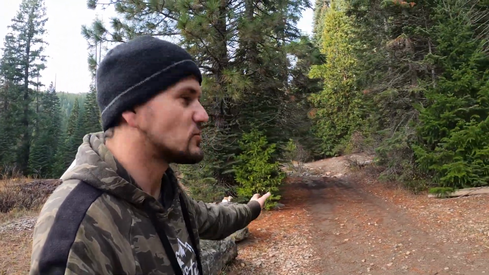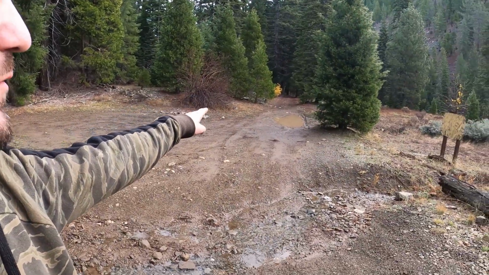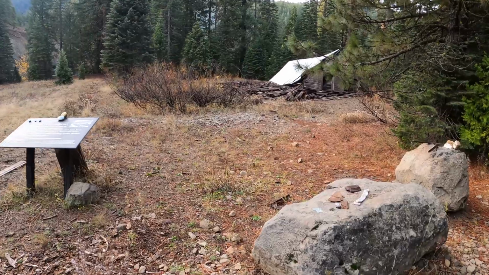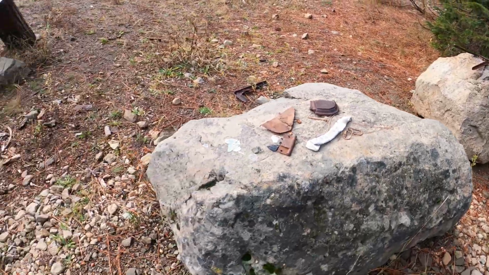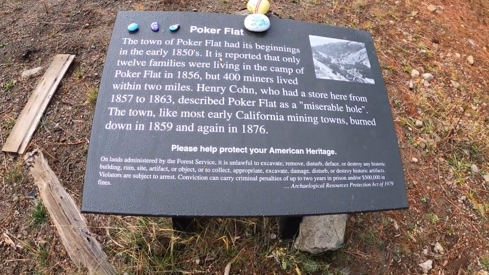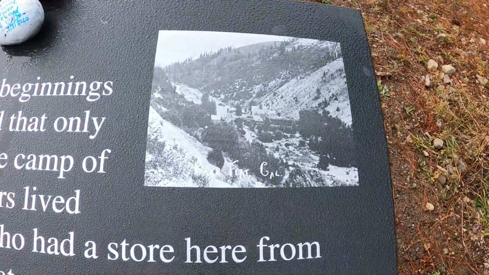So this is the main trail that comes through here, and it goes up to La Porte. This is where we came through yesterday. It kind of dead ends going that way, and this is the main Poker Flat that you see nowadays. And there's some old relics that people pulled out and left here on the rocks so you could see. And here's a little Poker Flat placard that we got with some cool stones that people left here. But this is pretty cool. Yeah, the town used to look like this